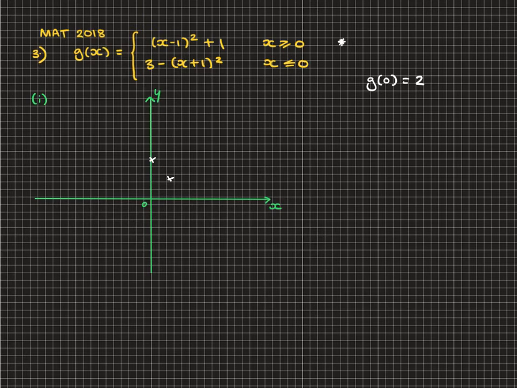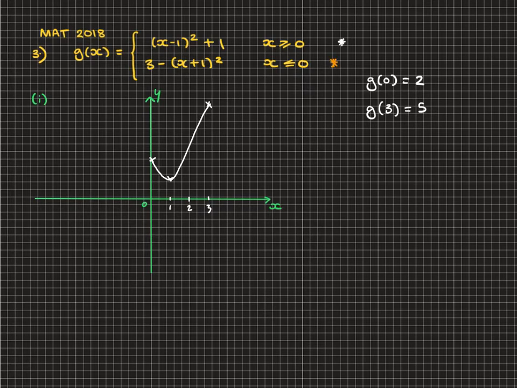and then we are working out this function for values of x up to 3. So g of 3 we can calculate as well, which is equal to 5. So we've got a portion of a parabola that looks like that. Now, for the other part of the graph, do this in a different colour, this part